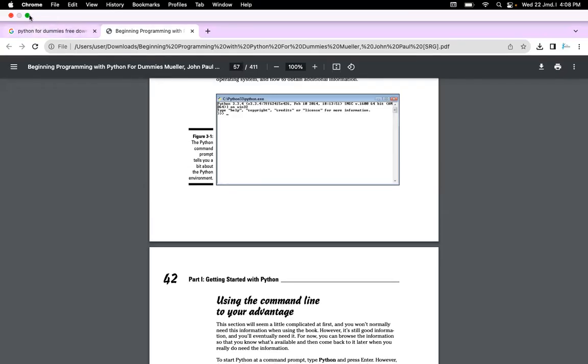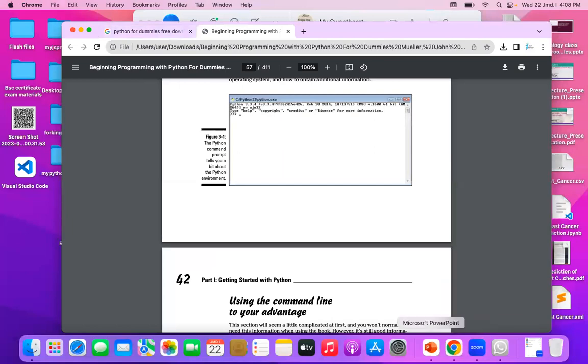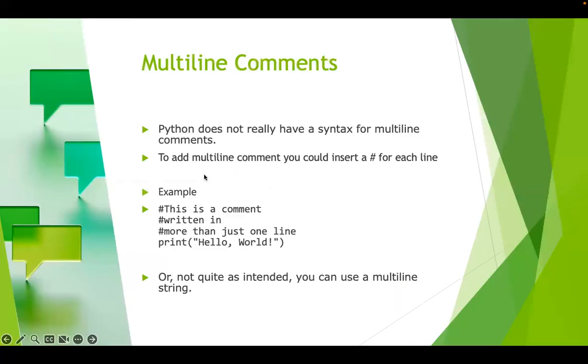Now today we would continue from where we stopped yesterday, right here. We stopped at commenting. Making a comment in a programming language is very important. I mentioned how important it is yesterday, that it's actually needed for you to remember where you stopped your coding in case you want to start again.